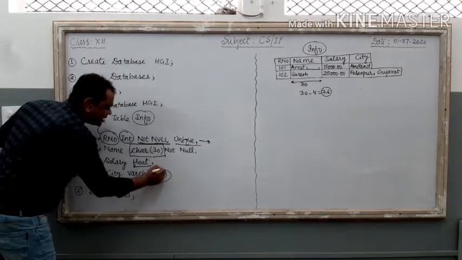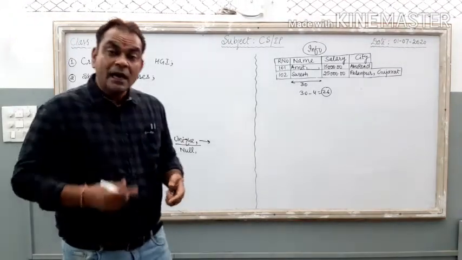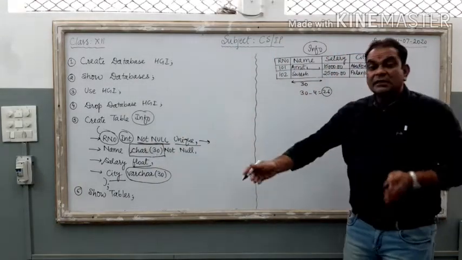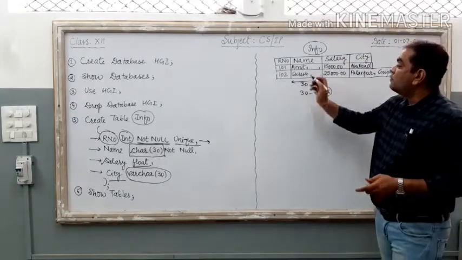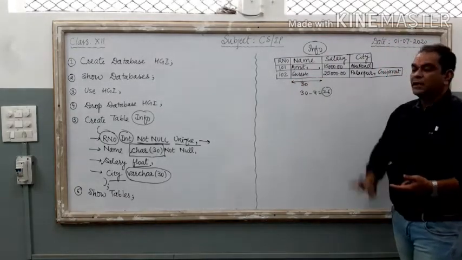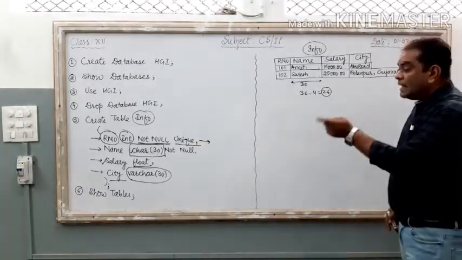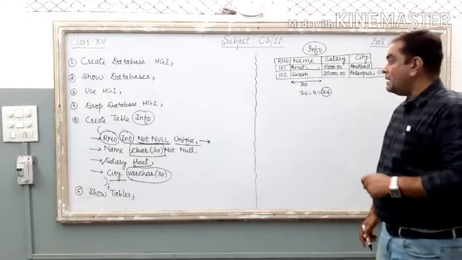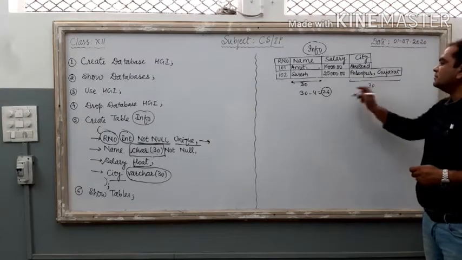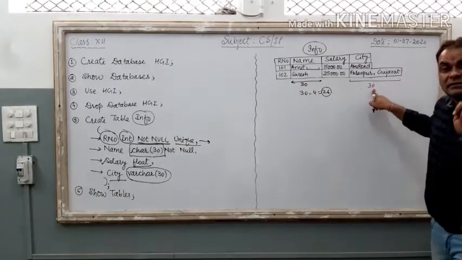The last one is the city column. Here check the data type. It is varchar. Varchar stands for variable character. It is a variable size field. Character is a fixed size field, meaning the computer is going to assign the maximum size of 30 for that particular column. And here varchar 30. What is the meaning of varchar? Variable size data type. It means the maximum size of the city column is 30. Here also the maximum size is 30, here also the maximum size is 30.